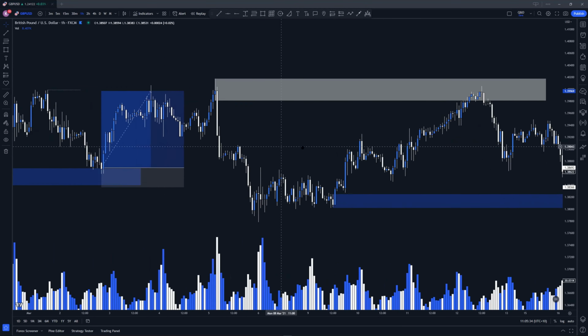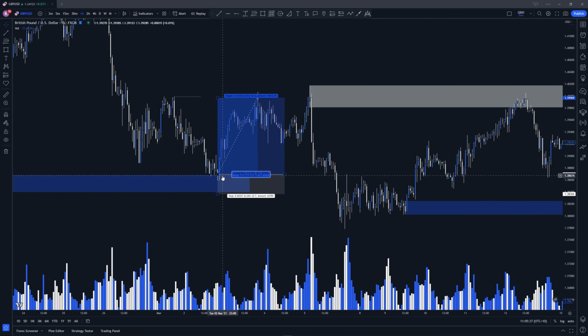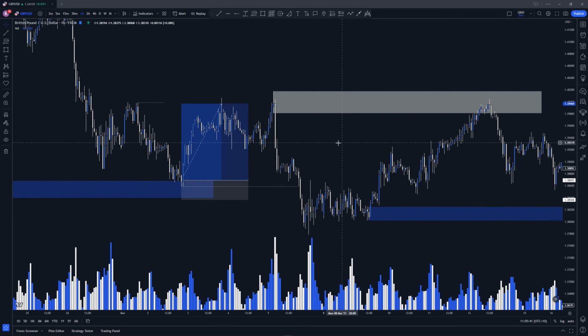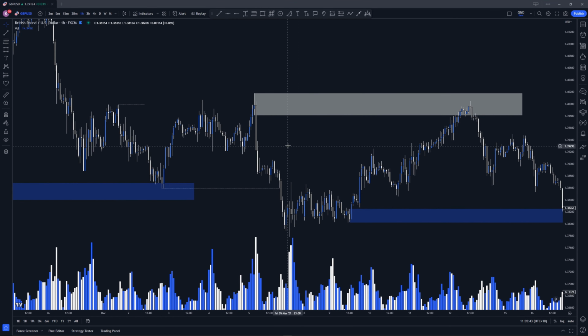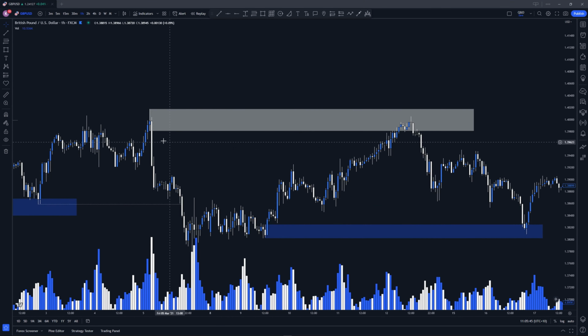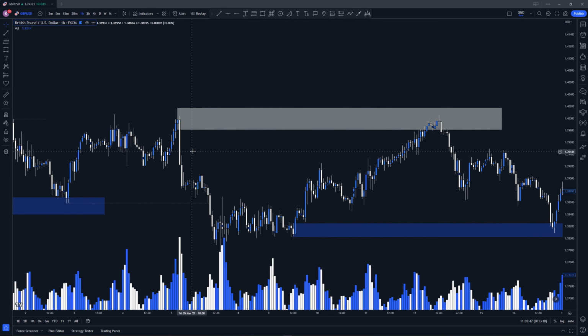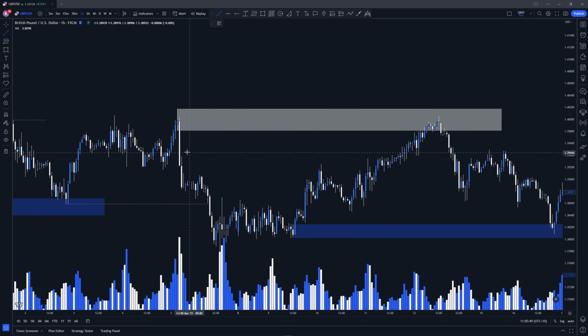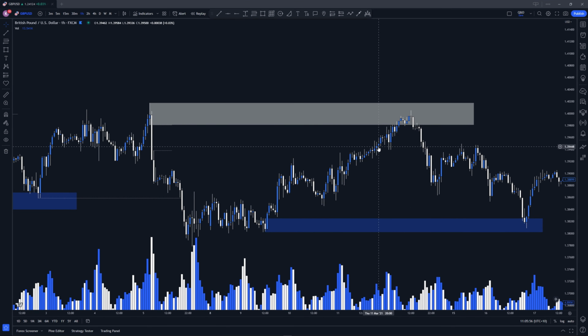This zone here, so market structure is bearish now, obviously because of this change of character that has happened. And you've got your doji candle here, the last up candle before the down move. It's got this imbalance that price had to come back and fill, and did it perfectly,